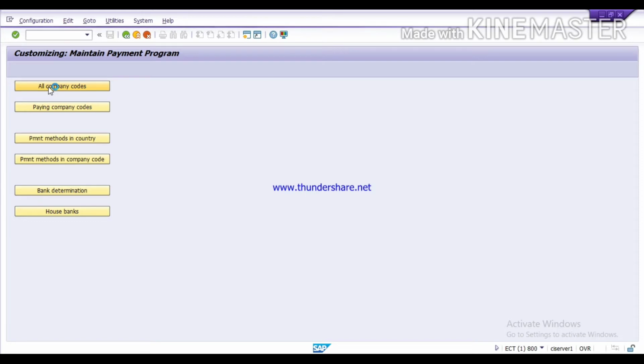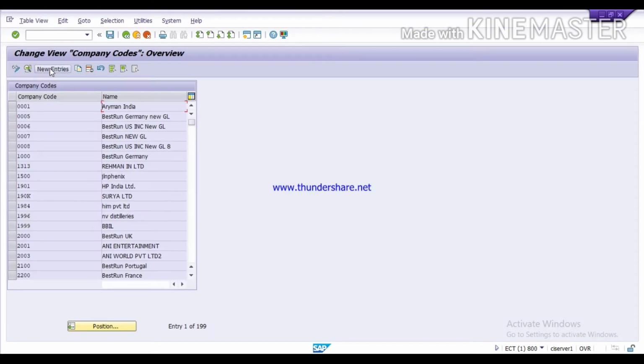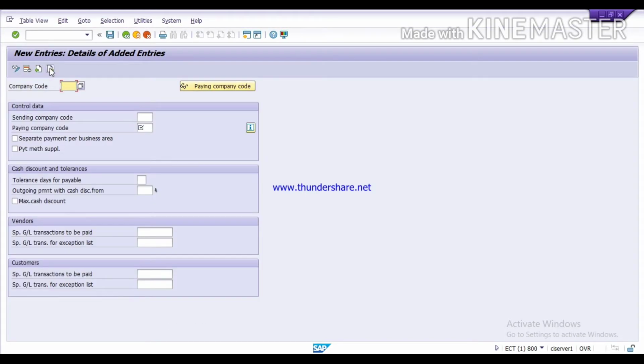Click on this, then click on new entry. Here we have to maintain the company code, that is Tata, and under control data you have to maintain the parameters of sending company codes and paying company codes.